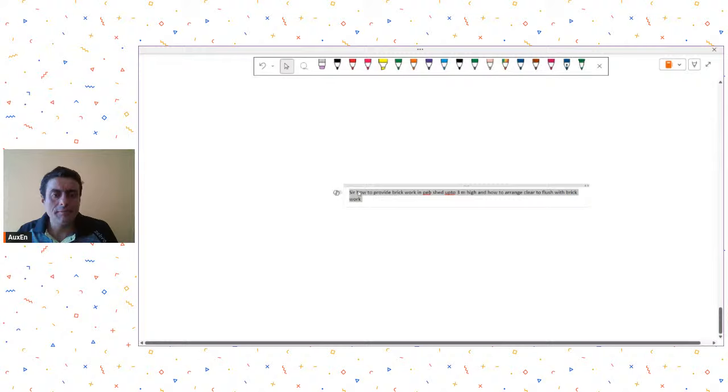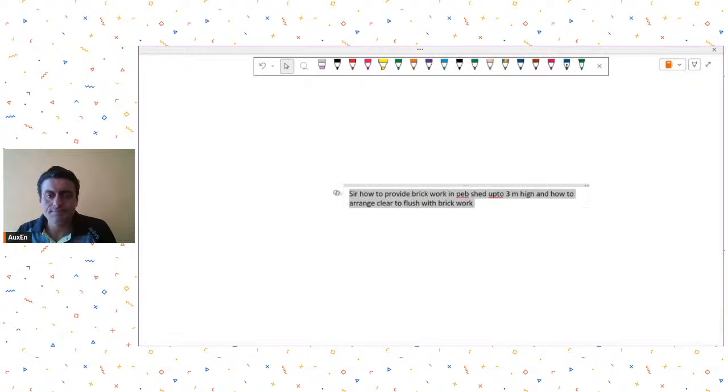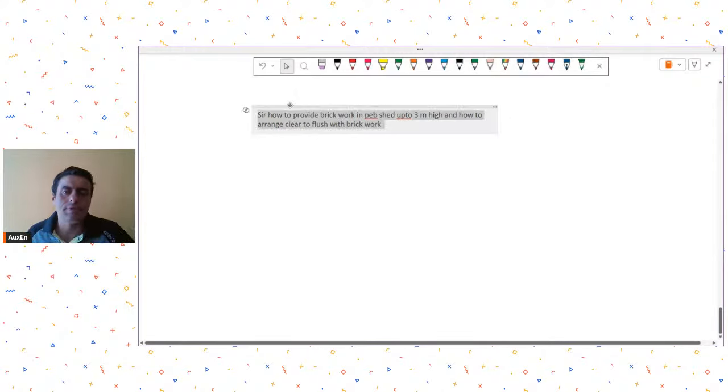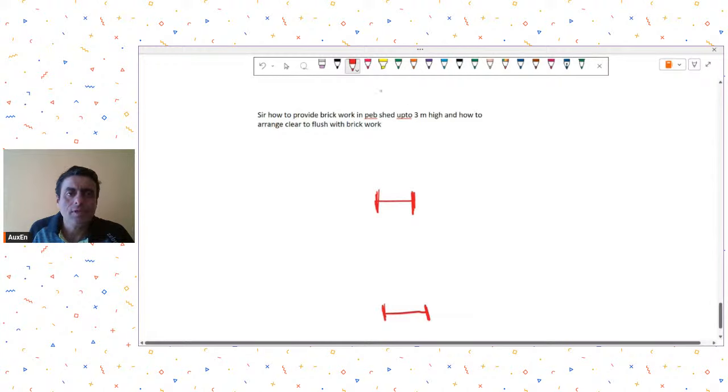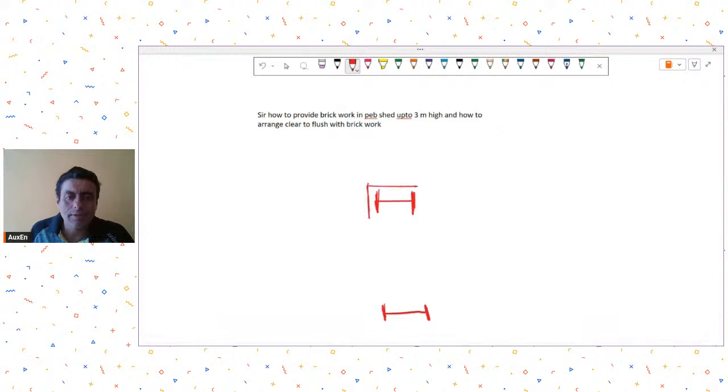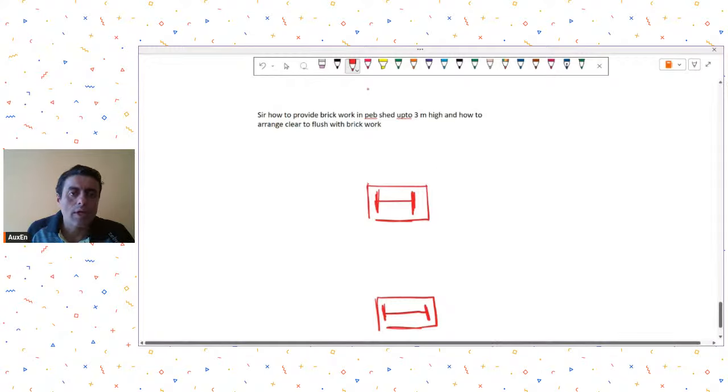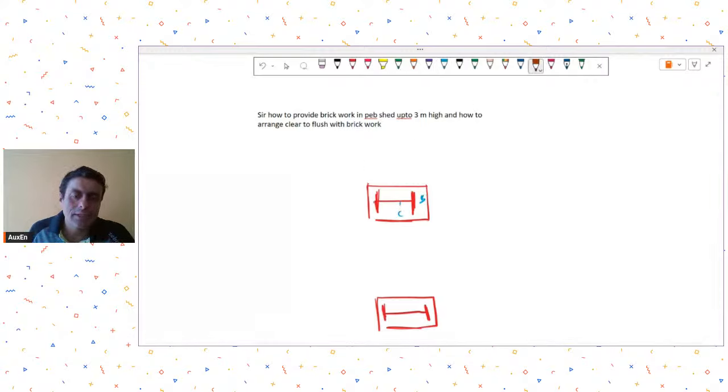So generally, whenever we are providing brick walls, there are a couple of ways in which we can do it. Let's say this is the plan view and this is your steel column, and let's say this is your pedestal, or this was your base plate. Are you able to see the image? So this is my base plate. This is my column. Now, one of the possible ways to have a brick wall is that